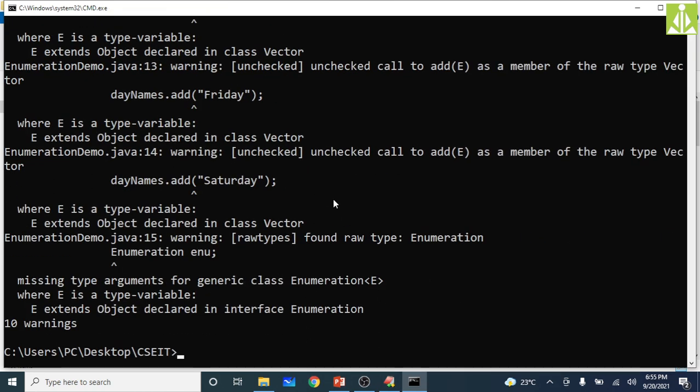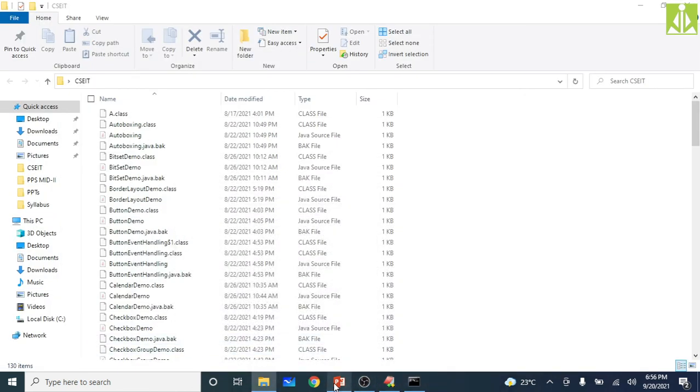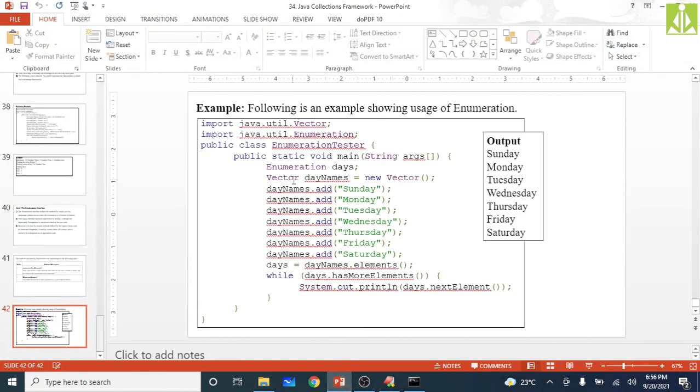See here, it is giving me errors. Vector for new type vector. Acha, we forgot to process the name over here.